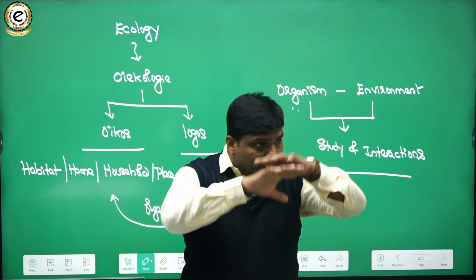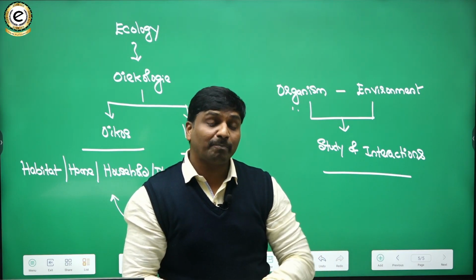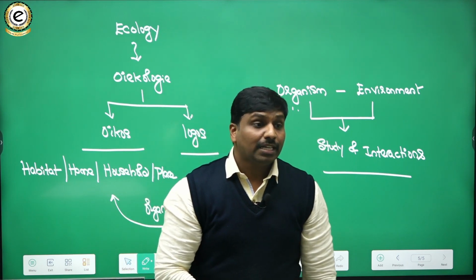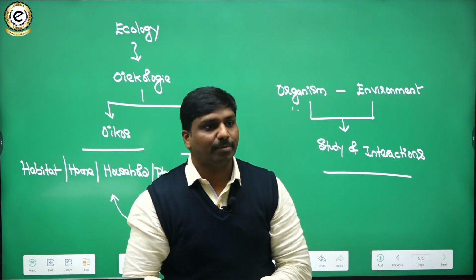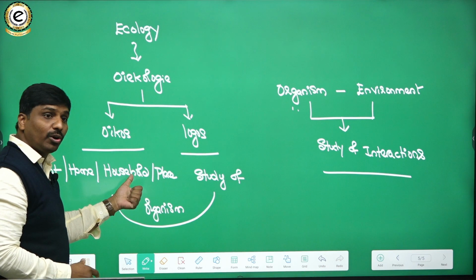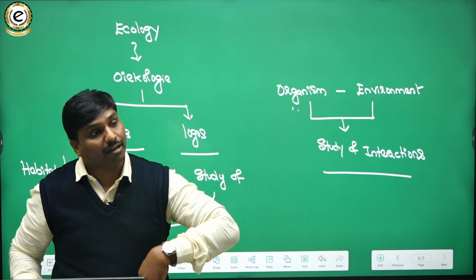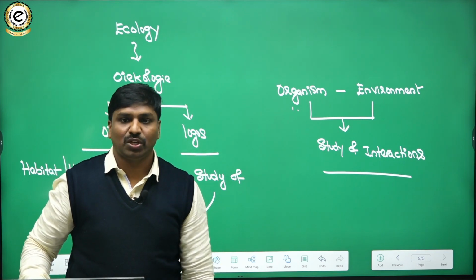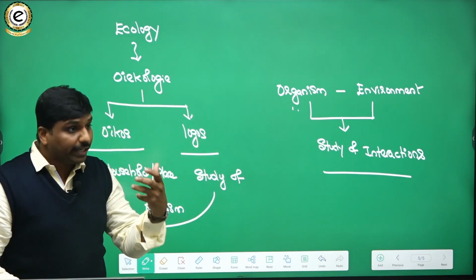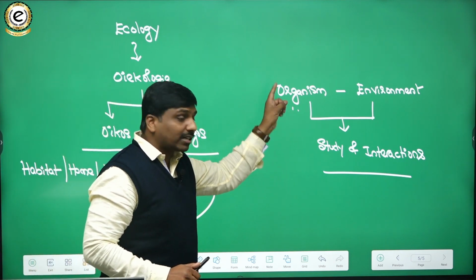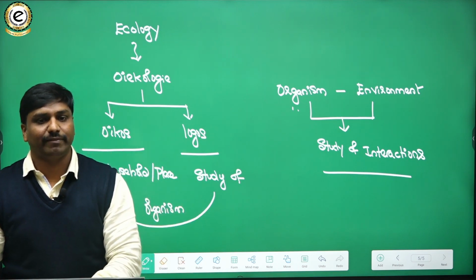So now, if you remember, earth is the entire habitat for all the living organisms. So from earth's perspective, we can define it as the study of earth as a household for living organisms. Can you remember that? Study of earth as a household for living organisms. In that fashion also we can define ecology. So in various manners we can define it. If you think from earth's point of view, it is that. If you think from the habitat point of view, it is the study of organisms and their interactions among themselves and with the physical environment. So that is ecology. That's how we can define ecology in various fashions.